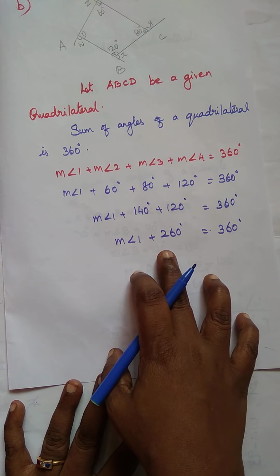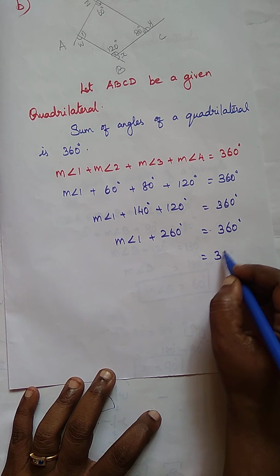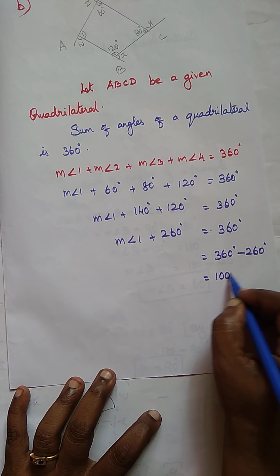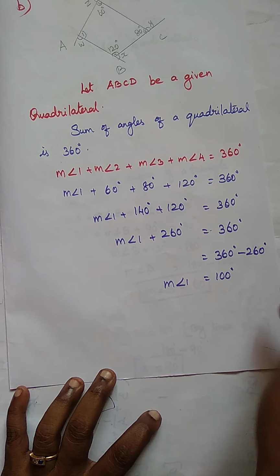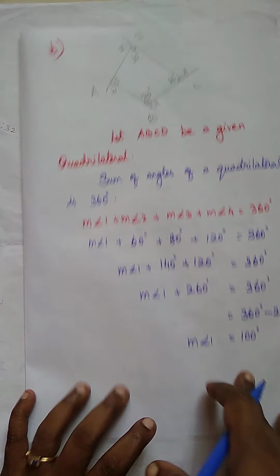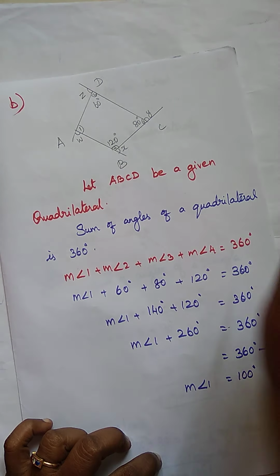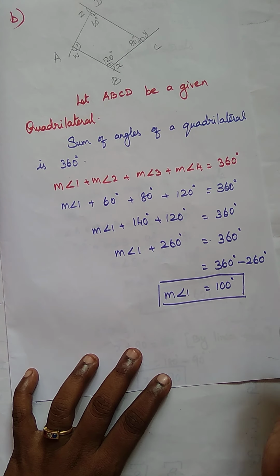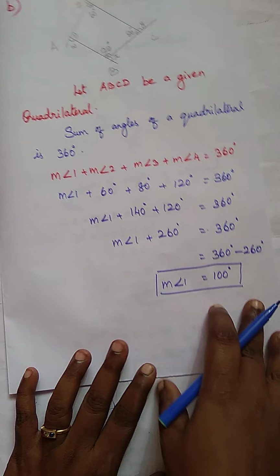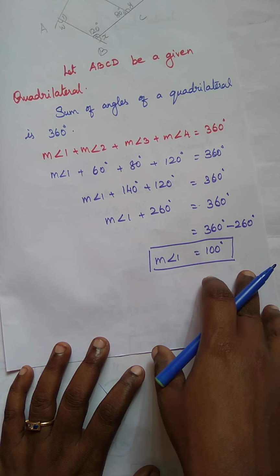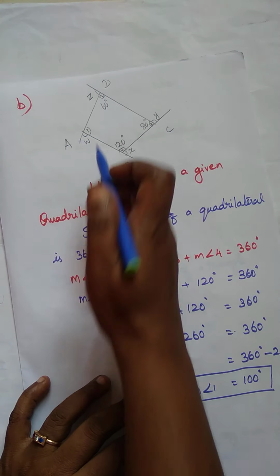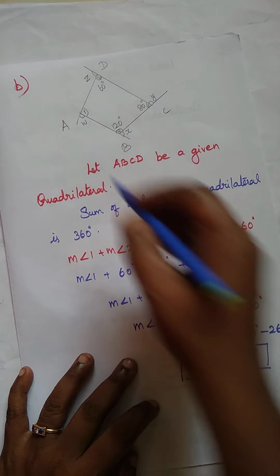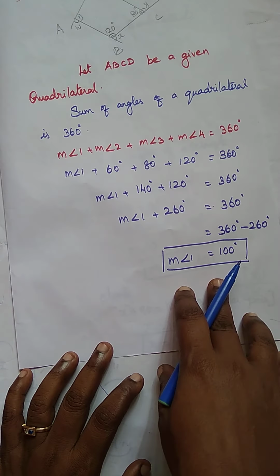So now this 260 degree comes to the right side. So 360 degree minus 260 degree is equal to what? 100 degree. So angle 1 is equal to 100 degree. This is the interior angle. In the angle oda interior find out பண்ணிட்டோம். Okay, this is 100 degree. In the last sum, the same method of last one, நம்ம என்ன linear pair யூஸ் பண்ணலாம். இந்த same only we applying here also. Okay, so now in the first part angle A அப்படின்றது பார்த்தீங்கன்னா w plus angle 1. Angle 1 is 100. But w plus angle 1 is equal to 180 degree, right?